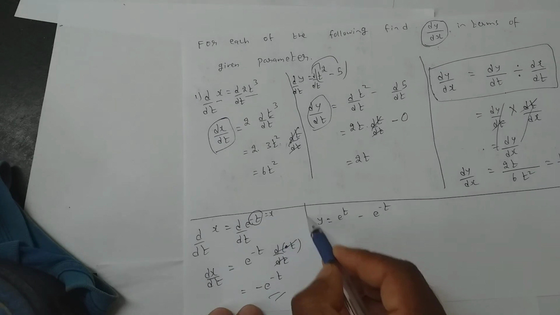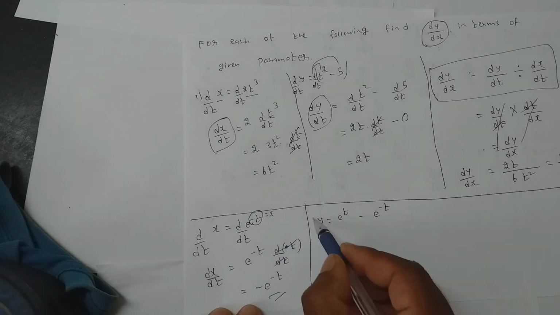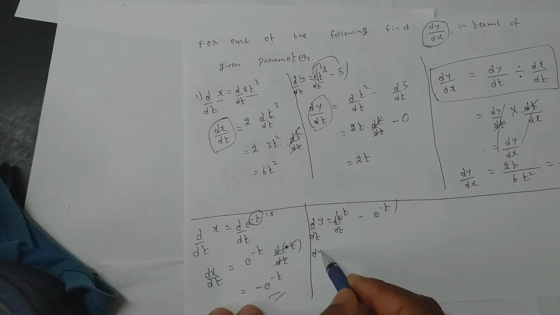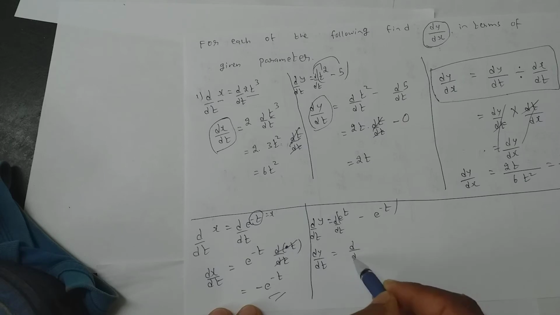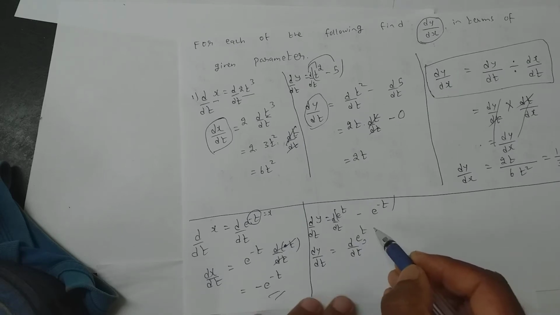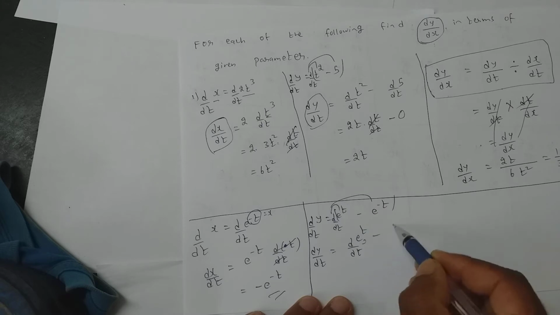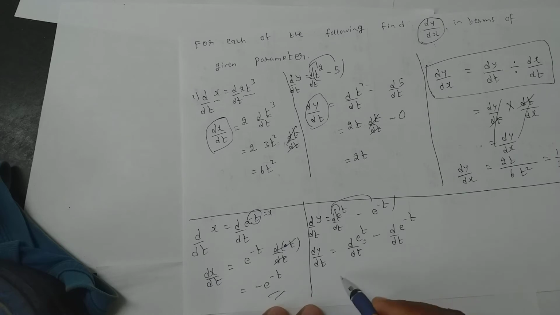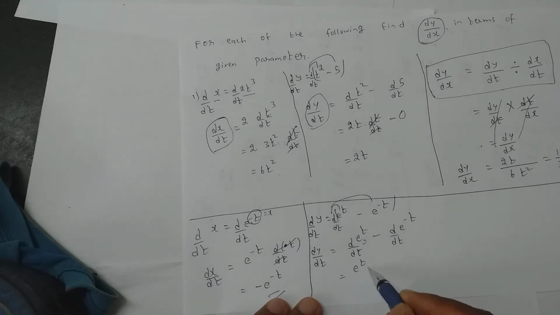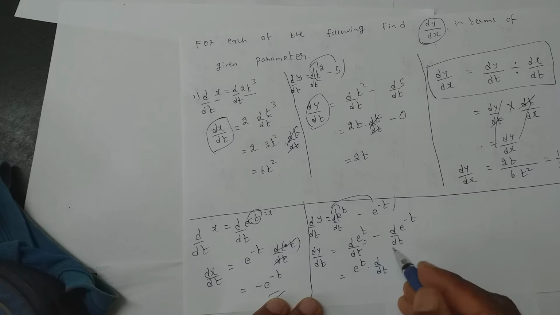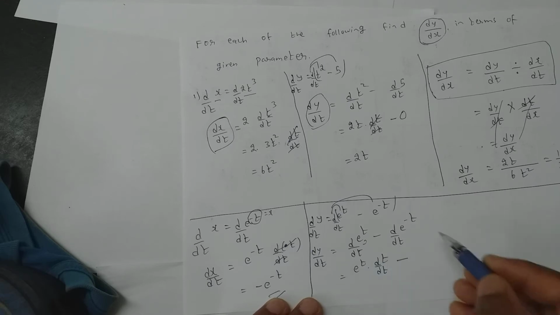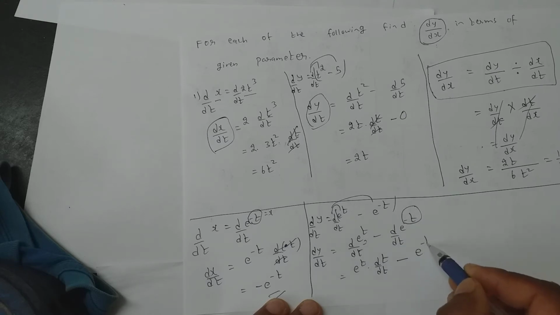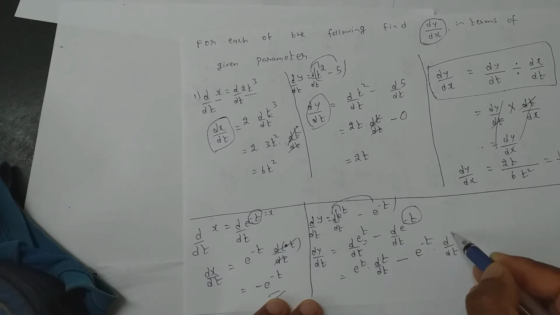Did you understand? Yeah, next here. Also t is there, so with respect to t I need to differentiate. So dy by dt equals d by dt of e power t, this gets applied to each, minus d by dt of e power minus t. Now it's e power x, so e power t into d by dt of which letter you have, t. Now e power minus t, this you will assume to be x. So it's e power minus x only into d by dt of whatever letter, minus t.